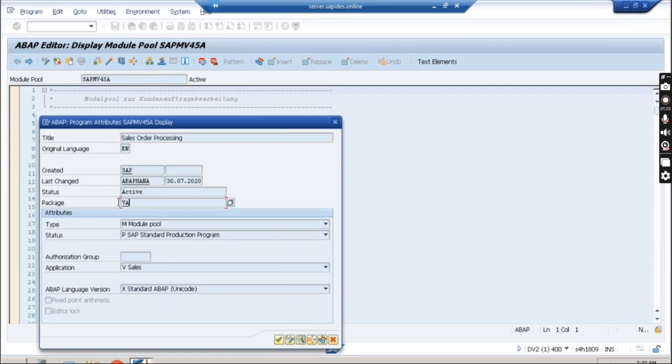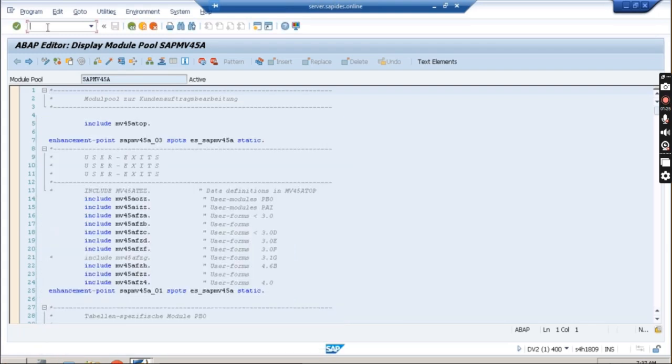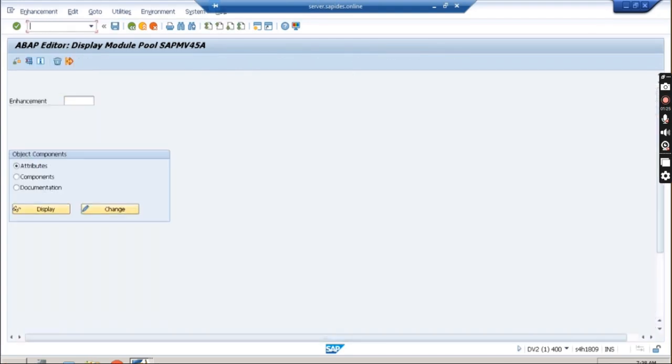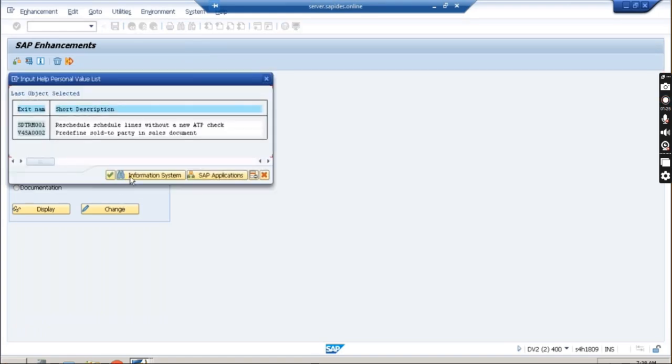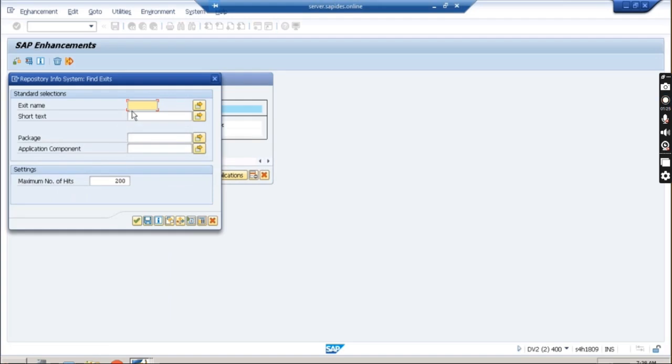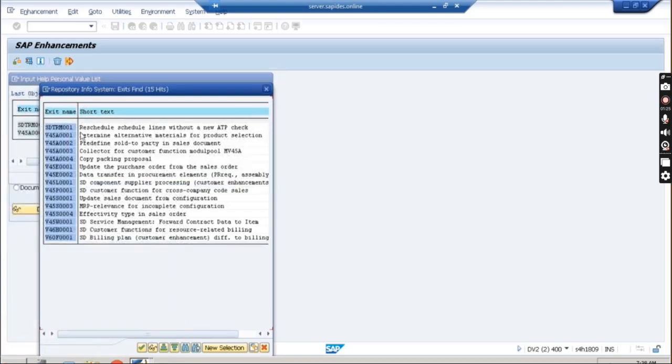The name of the package is VA, and this package name we can give in the transaction called SMOD. If we give the package name over here, click on this F4 button, information system, and then give the package name over here. Control V, click on this OK button. All the available customer exits are there. Just read out the description. The first customer exit,